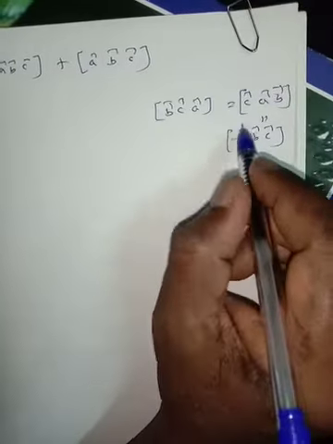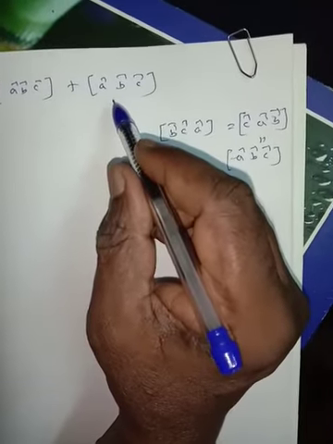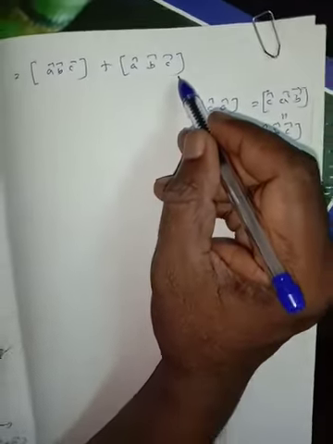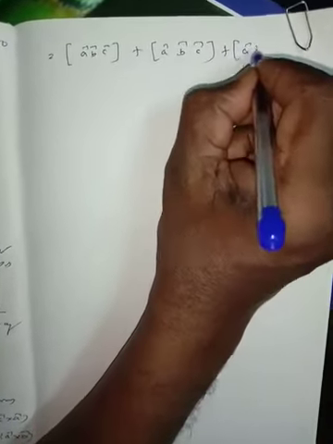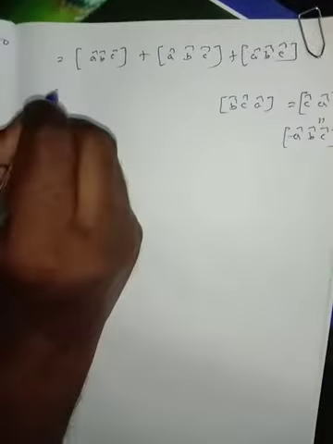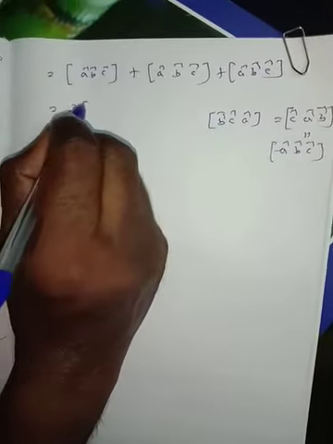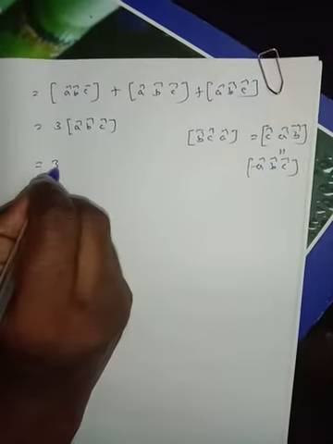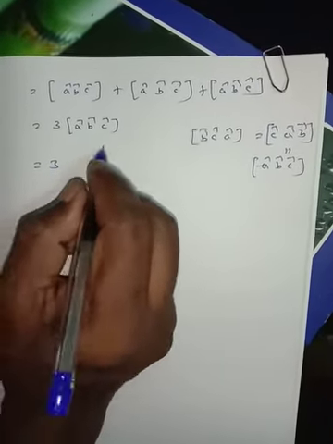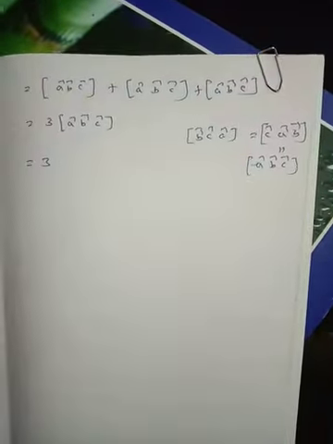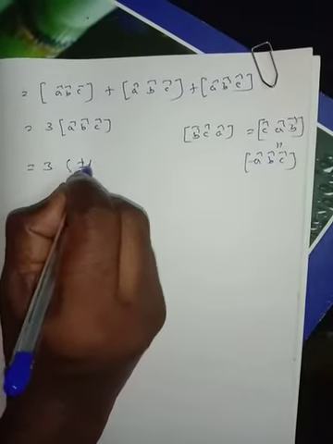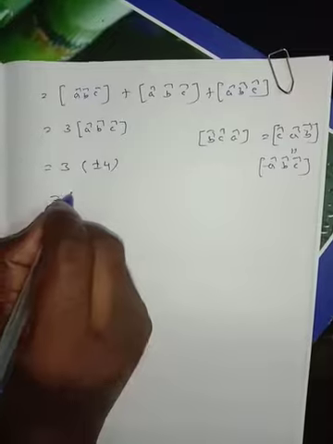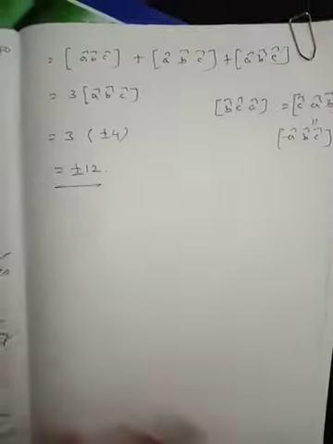Using the result, we have to take second one as box product of ABC, third one CAB. Using this, box product of A vector B vector C vector is equal to 3 into box product of A vector B vector C vector. This means 3 into box product of ABC is already known. Box product of ABC is given by plus or minus 4. Multiply by 3 we get plus or minus 12. This is net answer.